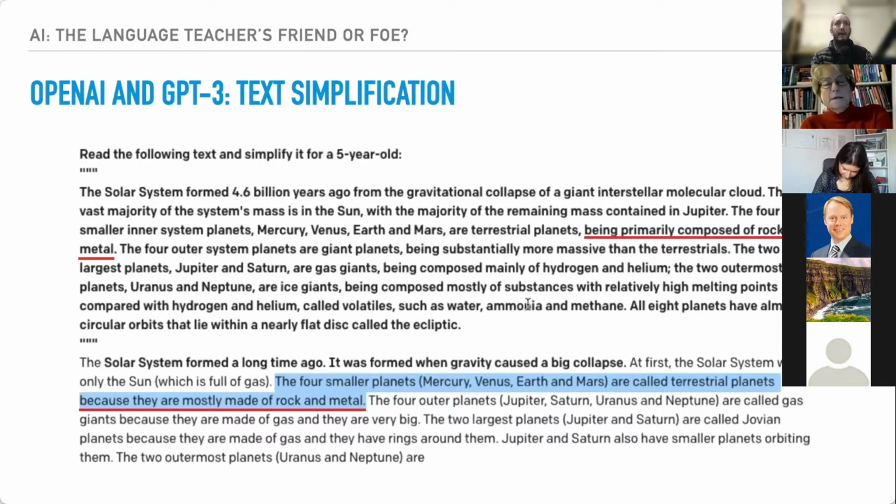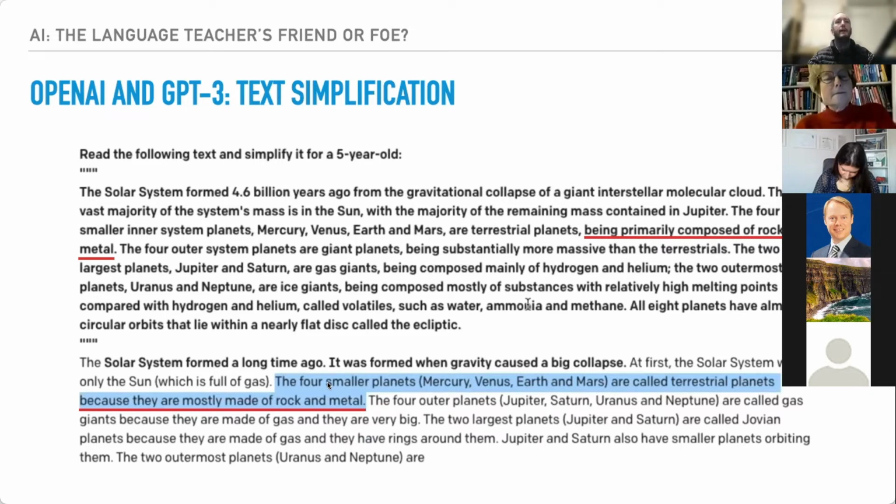And there's a passage about the solar system. You can see that I've underlined in red a part of the passage, being primarily composed of rock and metal, talking about Mercury, Venus, Earth, and Mars. And then in the simplified version, because they are mostly made of rock and metal. Okay, so it is taking the sentences and the same content from the original passage and trying to phrase them